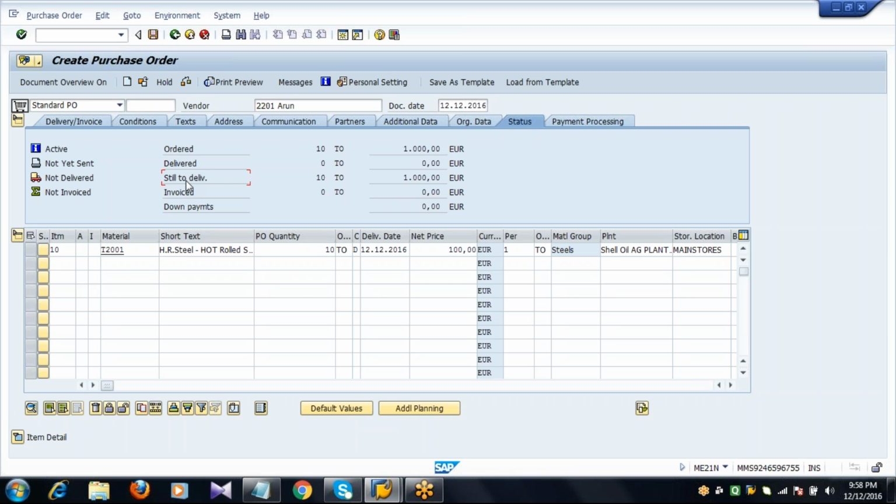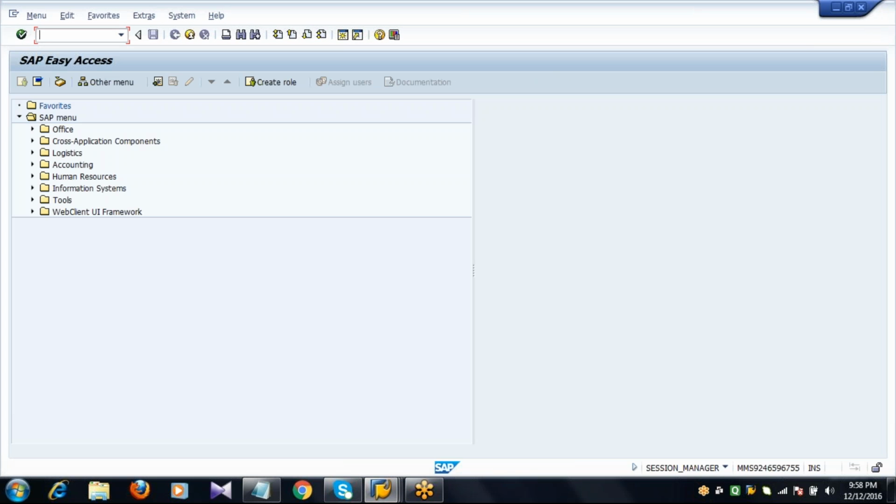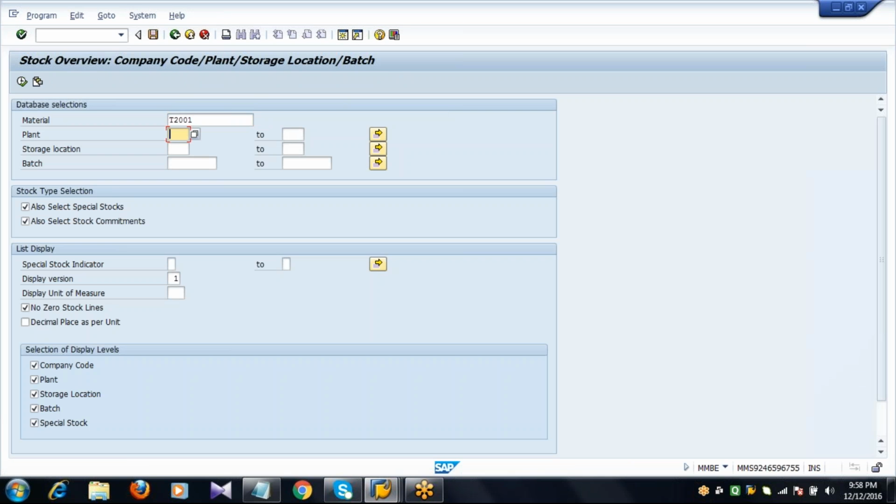Before saving this, I will go to a transaction code. I'll open another screen to see the stock overview of this material. Actually, this is not a required step, just for our understanding. So I'll go to transaction code MMBE. I want to see the stock for this material which was created just now, by entering the material, plant and storage location.